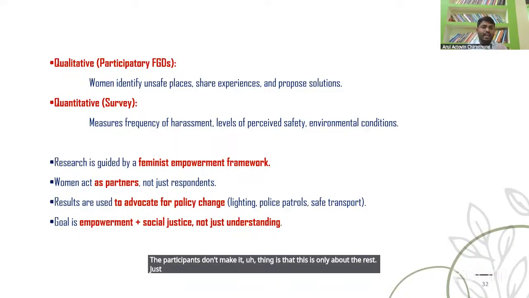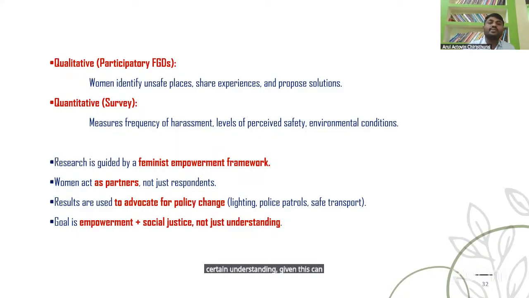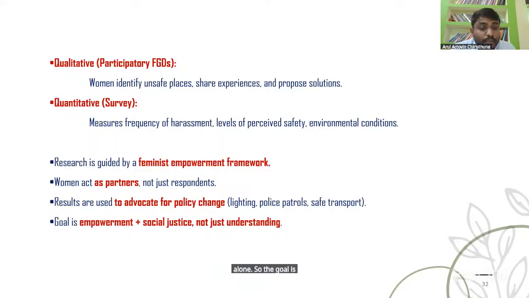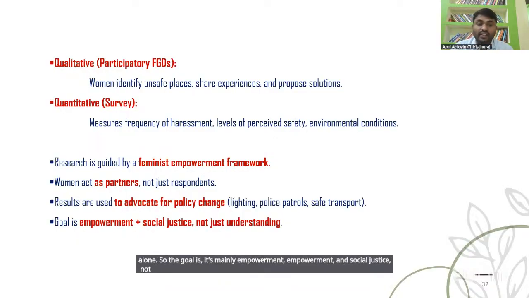It is just from my understanding that this can be done with this method. The goal is mainly women empowerment and social justice, not just understanding. This research design is more useful for directly going to policy implementation.